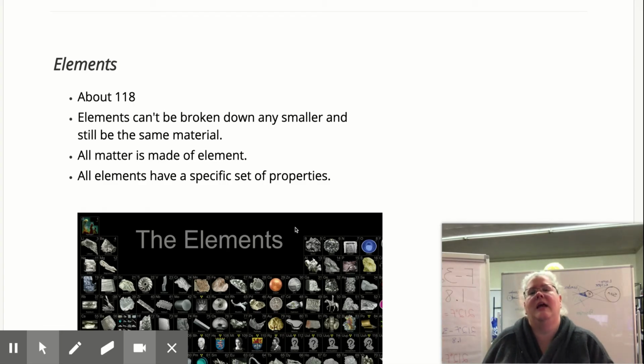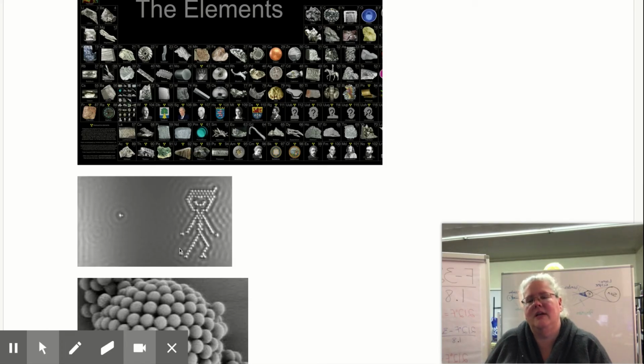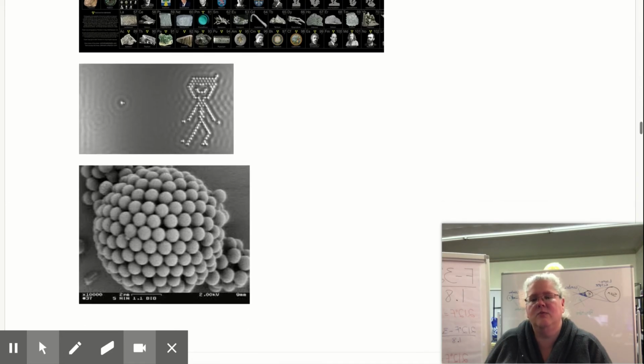Elements can't be broken down any smaller and still be the same material. Now we can break an atom down smaller into the protons, neutrons, electrons, and we can break that down even farther. But if I break it down beyond the atom, it doesn't have the same set of characteristics. So all matter is made of elements, and all elements have specific sets of properties. So, by the way, these are atoms, and they can do some funky things with little teeny tiny atoms. It's still really, really hard to see inside of it, but we're getting closer and closer. I mean, when I was your age, we did not have this technology to see even this,